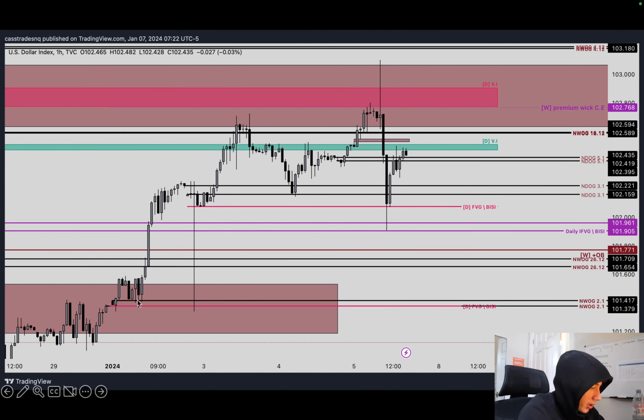On the hourly, we saw Tuesday trade up from where we were after I said we traded up. Then we had this weird overnight wick during London. I think it was just something wrong with the TVC, which is the data provider for the dollar index that I look at. And it didn't appear on anything else, so I think this is just some sort of glitch. But we worked through this daily fair value gap / BSC here on Friday.